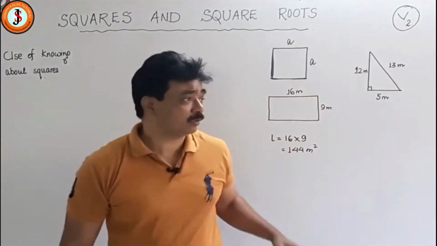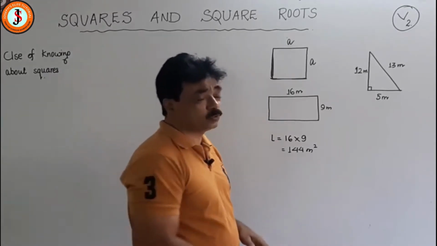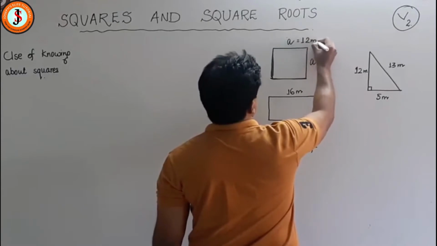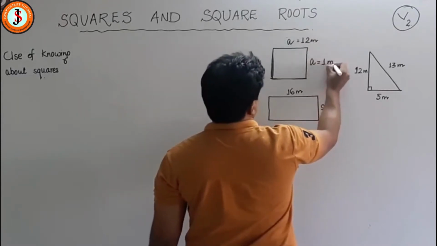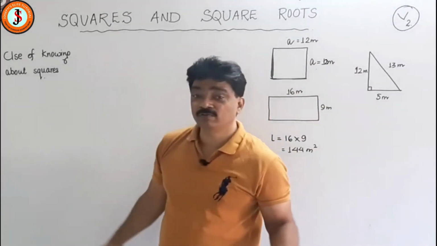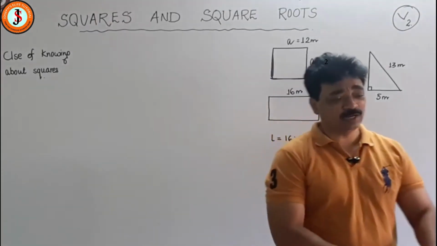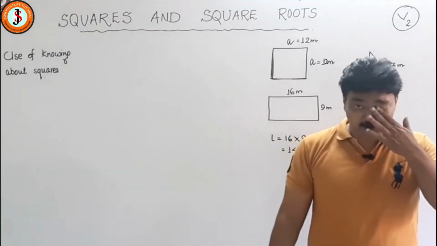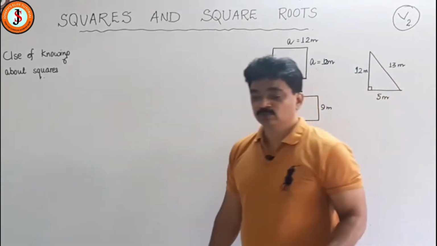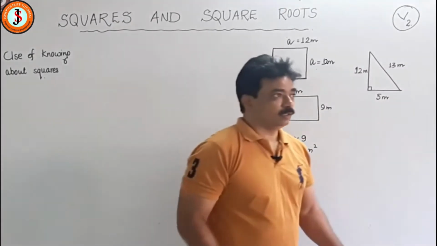That means what number when multiplied by itself gives 144? Straight away you know 12. So that means you have to get a land which has length and width same, equal to 12 meters. This is the first application you should understand. Or suppose you have 144 students lined up and you want to arrange them for PT, and you should have the same number of children front and back and the same number of children in rows and columns. So that means 12 in the front row and 12 in each column. So that will be the use over there.